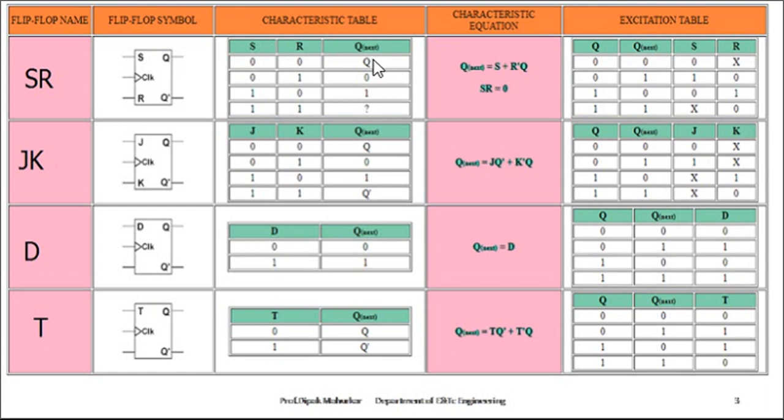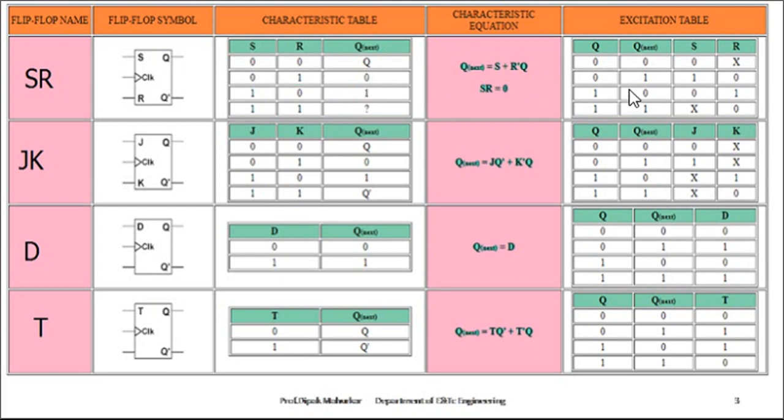If you put the 0, then in this table, the first and second rows both have output 0. Then what is the input at that time? S is 0 in both, but R is 0 in one and 1 in the other. So whenever Q is equal to 0, the flip-flop input is S equal to 0 and R is don't care. Don't care means that if you consider 1 or 0, the output is still 0.